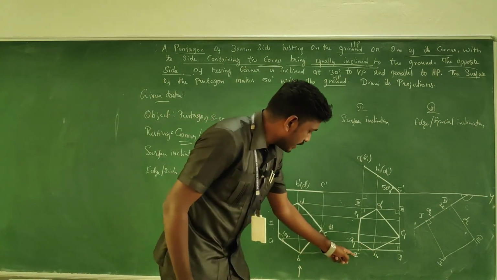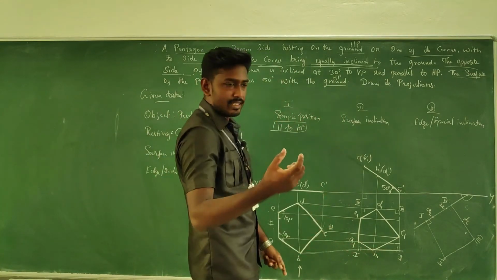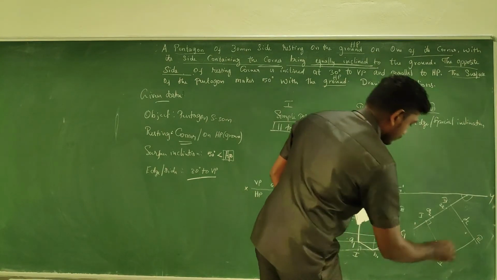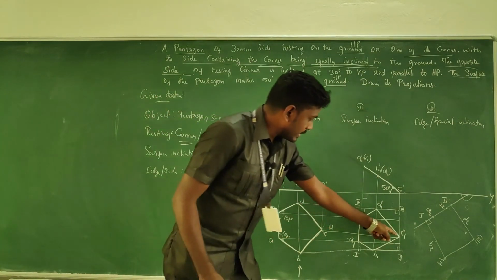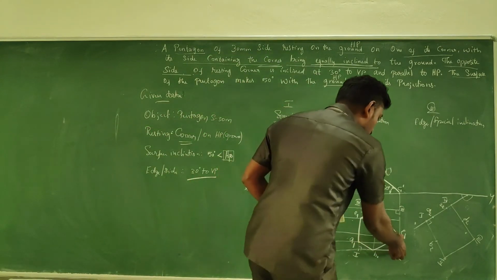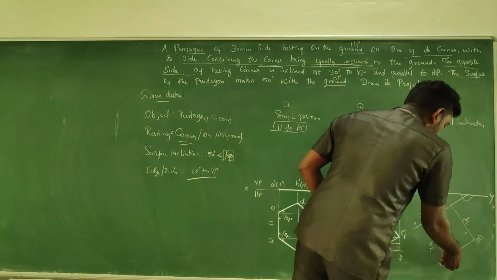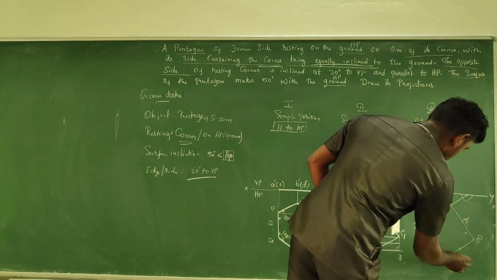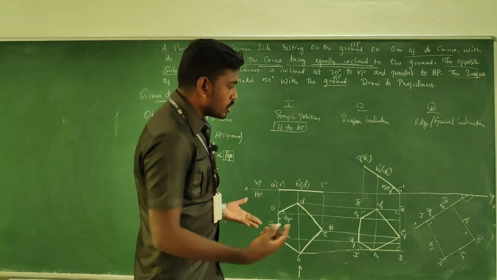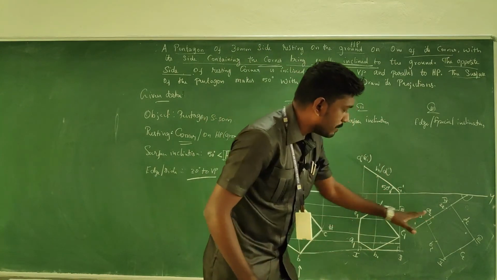B, where is it present? Between 1 and 2. So I am measuring from 1 to B. What is the distance? From 1 I am going to mark B2. Where is C? Between 2 and 3. I am going to measure from 2. See what is the measurement in my compass, and from 2 I am going to reproduce C2. Okay, so all the points have been transferred to the boundary.